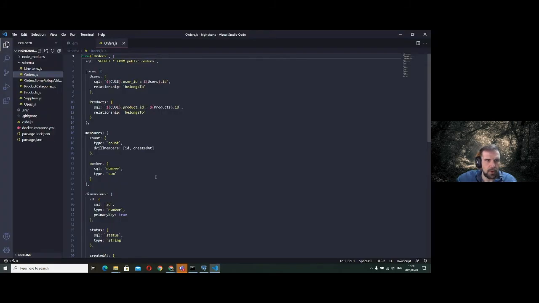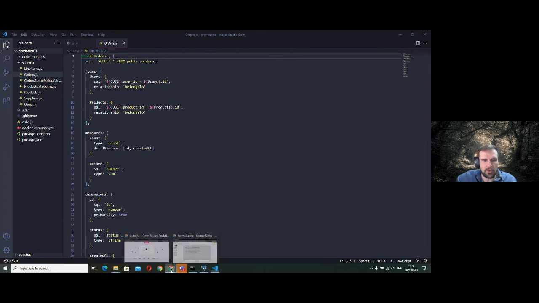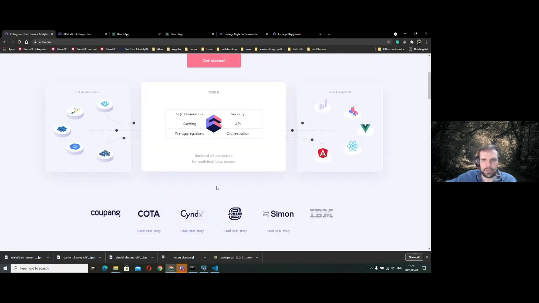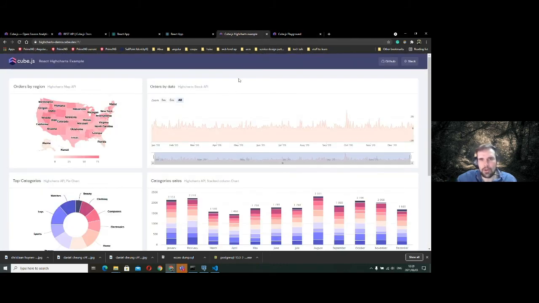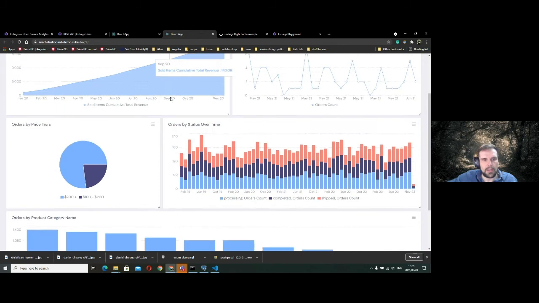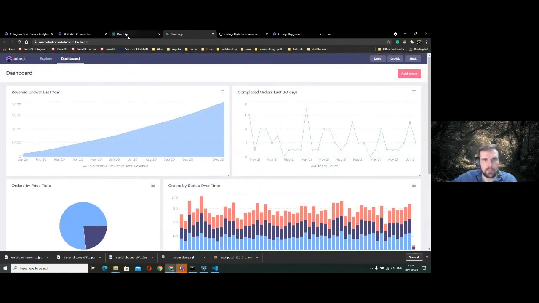And the beautiful part about this is it generates the schema and the queries for you, so you don't have to struggle with what normal ETL developers struggle with. To show you some more examples, this is a HighCharts example, which is generated on the basis of American data, where you can drag your timelines and check data around. And here's another example of a dashboard which is basically just created on orders, where you can also add charts and different things.